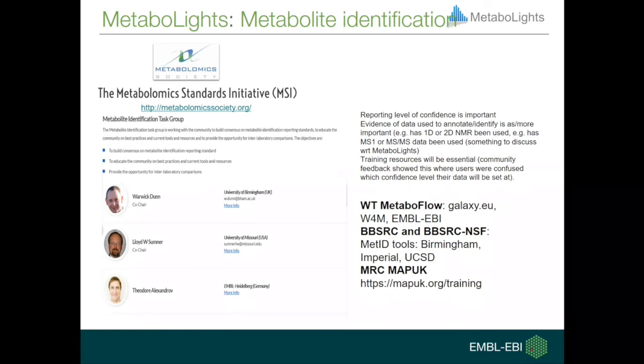We're also part of the metabolite identification process, so we have a number of grants with researchers in the labs and tool developers so that we can contribute to ensuring that the metabolites are identified as confidently as possible,